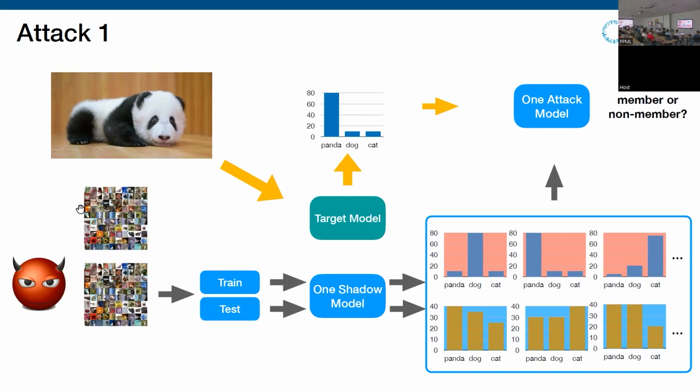So should we have an assumption for the training data set as well? Right. You mean normally we assume these are from the same distribution. But later we'll talk about what this same distribution means. Normally in practice, you have a data set, you split it into 4 parts. The first part is used to train the target model. The second and third parts are training and testing for the shadow model. The leftover part is testing samples for the target model. That is when you do experiments on paper.